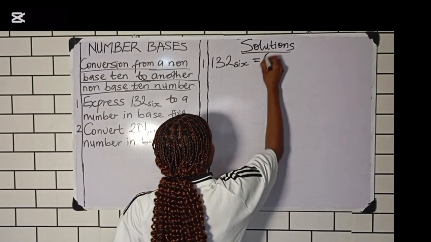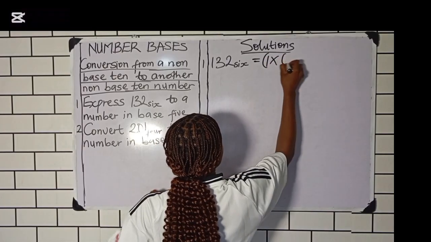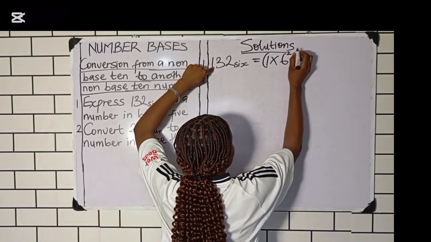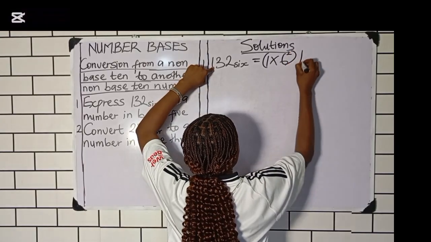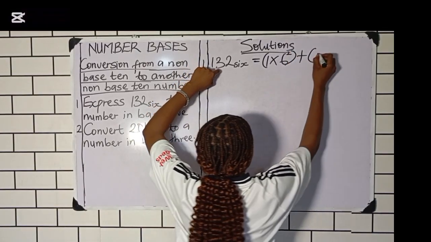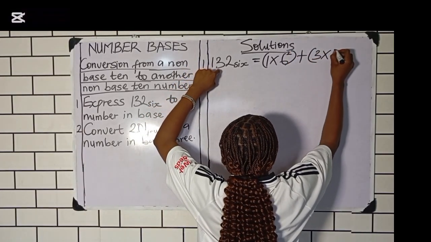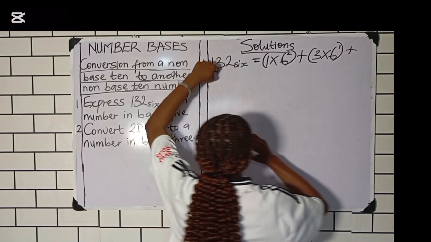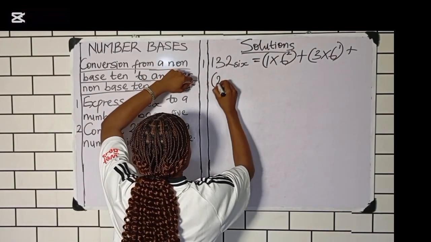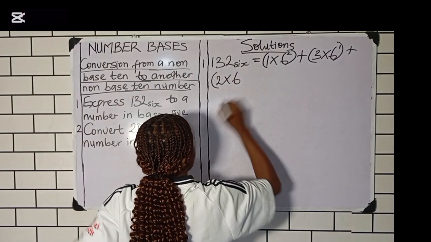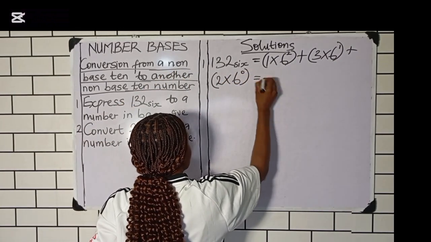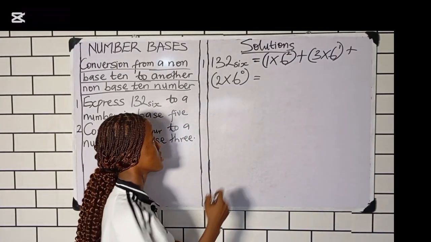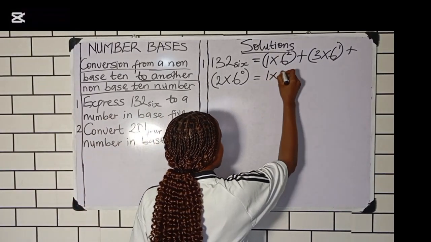We have our open bracket 1 times 6 raised to power... after the 1, we have 2 digits, you count, so we have raised to power 2, close bracket, plus open bracket 3 times 6 raised to power 1, plus open bracket 2 times 6 raised to power 0 is equal to, now we have 6 times 6 here will give us 36. Have your 1 times 36,